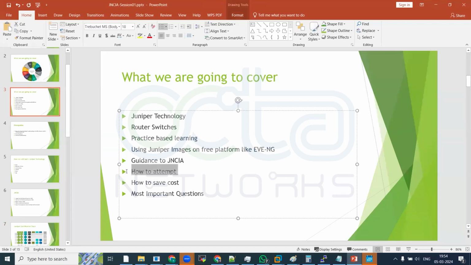Right. So I'll tell you how to attempt this, and the cost is like the cost of CCNA, which is very high. But in Juniper, they give around 75% discount on this cost. And for JNCIA, the cost is around $200. So 75% discount means only $50 you can complete this exam, right? But they don't give this